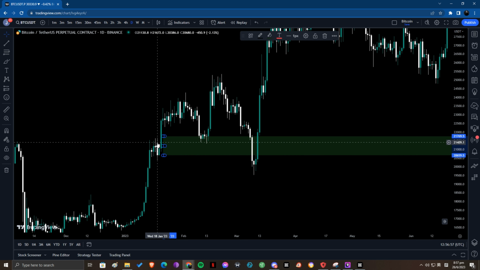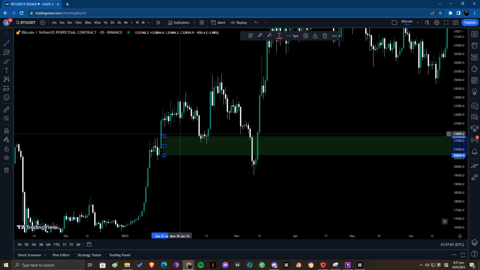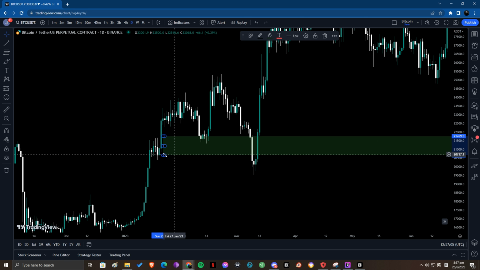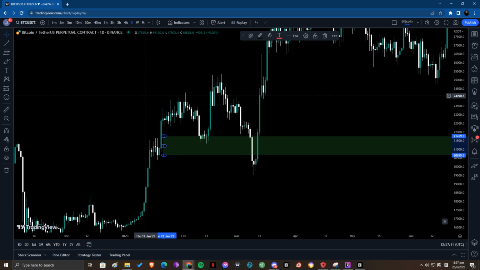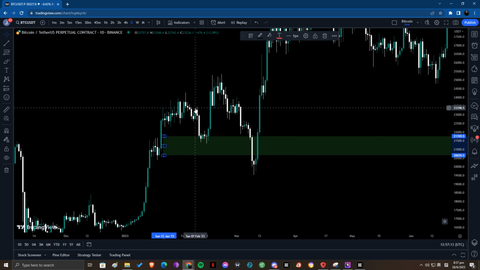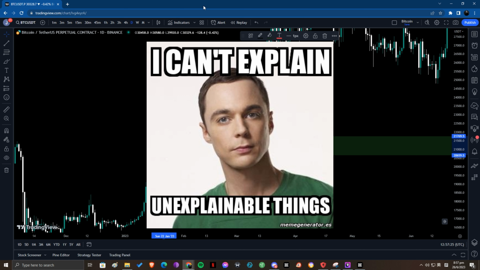Now, why do I want to take the wick at the top? Well, this is just a rule I follow. Okay, the wick on top is essentially what we consider a strong order block. The wick on the bottom is essentially what we call a weak order block. Just a very simple rule. It's more of a memorization tactic. I find the wick above much more reliable. Okay, this is based on statistics. I've traded order blocks a lot of times. When I take the wick above as an order block, it works. But the wick below doesn't work. It's a funny thing. I can't explain why, but it's just how it is.